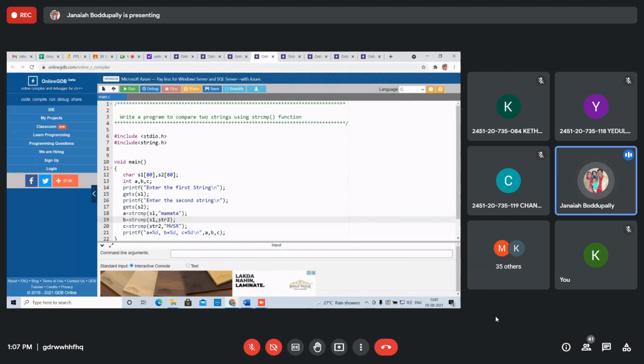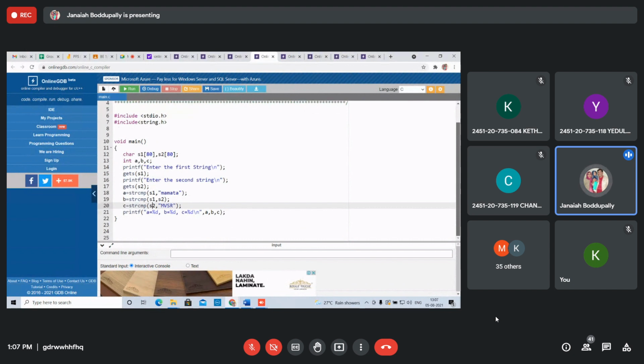Again, string 1 is compared with string 2, and string 2 is compared with MVSR. The result is an integer value, and it displays the A, B, C values using percent d. If S1 and Mamata are equal, it displays 0. If the two strings are equal, 0. Less than, a negative value. If the other string is greater, a positive value.